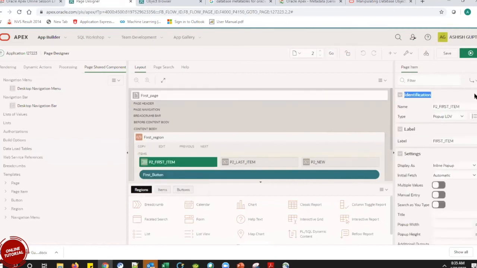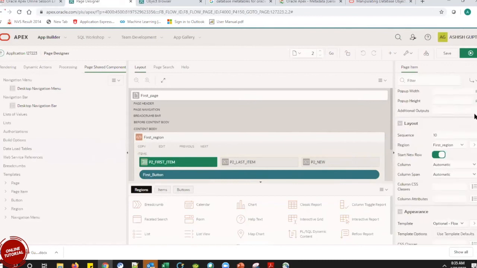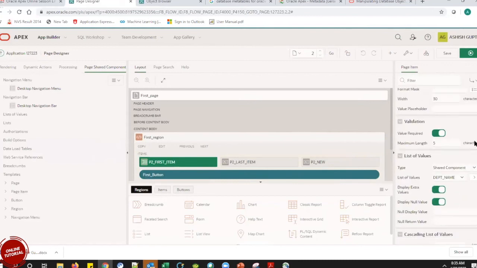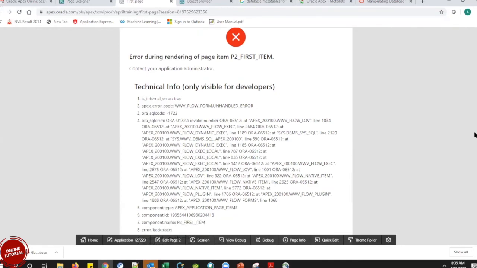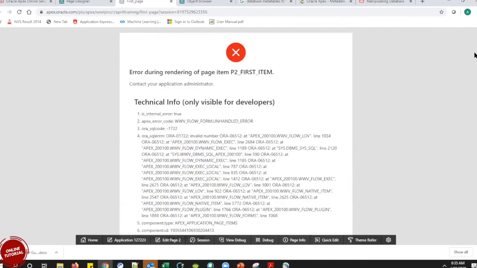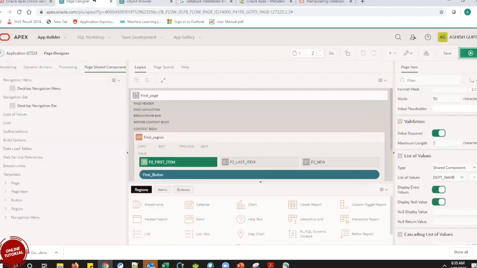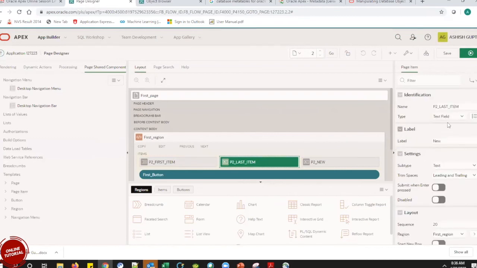Pop-up LOV. Okay. Now let me keep in this one first, pop-up LOV.